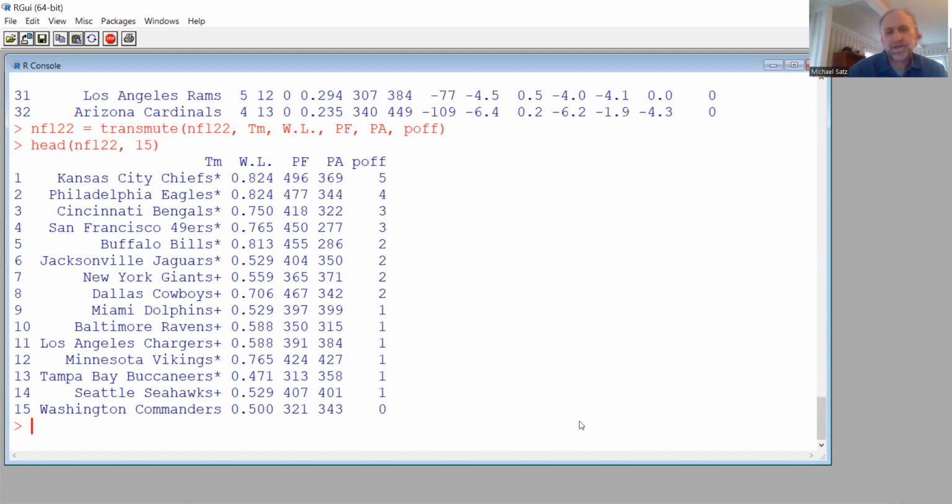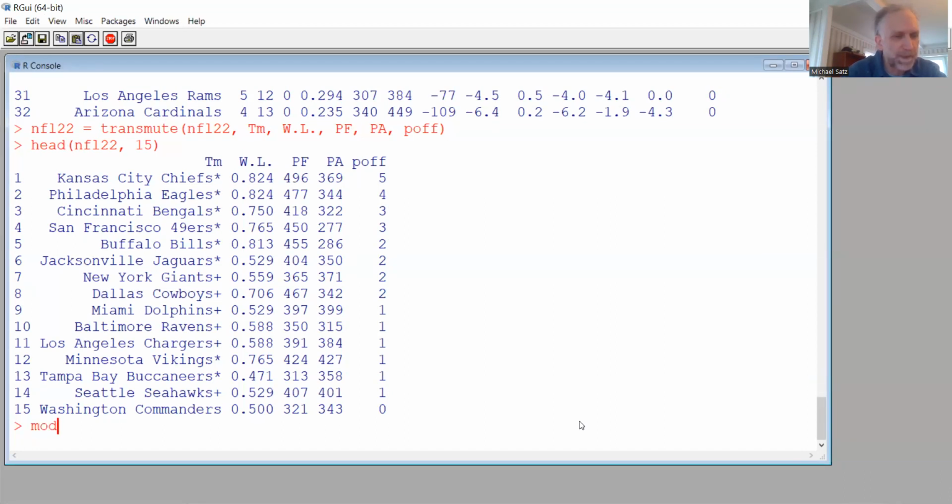Okay, so now let's run the model. We'll do it in real time. We're still just using NFL 22. And once we have the model built, we're going to apply it to the 2023 regular season to get the probabilities for the playoffs, which already happened basically, except for one game. But we're going to pretend they didn't. We're going to put ourselves back in time to whenever they started. So let's do this. The next command builds the model.